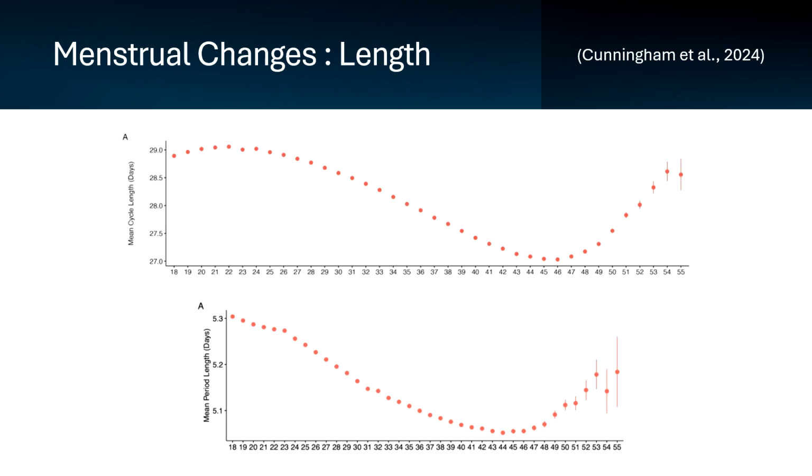The top graph looks at the average cycle length. And while we consider 28 days to be average, we can see that that time frame actually lengthens between the ages of 18 to 23. Then from between ages 23 to 45, we see a decrease in time, with a sharp increase after 45 years